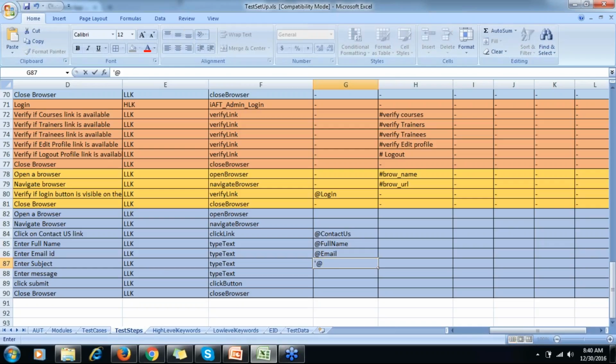And after this we have subject, and after this we have, I forgot to map with the click button, team, right? So we have to map that also. Message, and